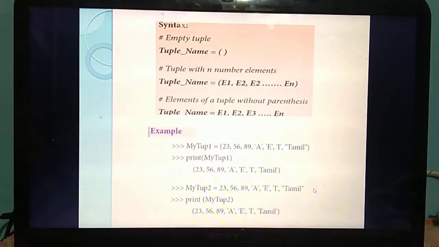No. But listen, if you print this tuple, print of my_tup2, see the output: it is displayed with parentheses. If you don't mention the parentheses around the elements, you still get the output with parentheses. So understand the difference between elements with parentheses and without parentheses. Understand?